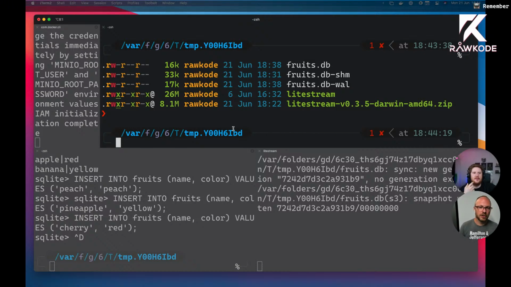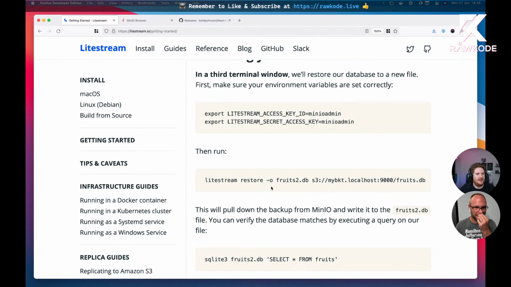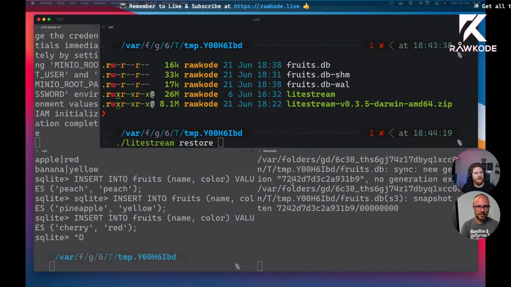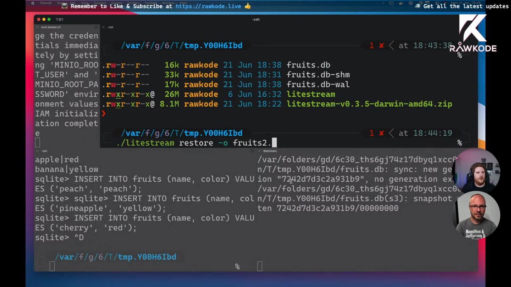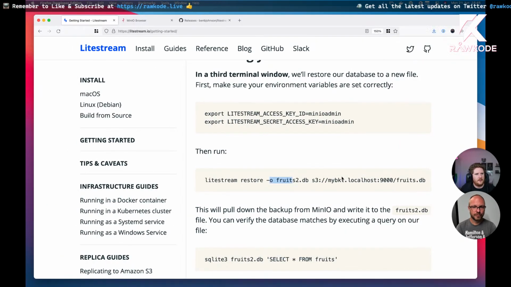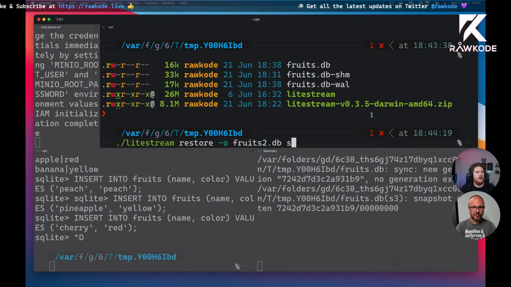Oh, I see what you're saying. I was suggesting restoring it to a different location. Ah, okay. All right, let's do it your way. So we're going to do restore. Oh yeah, we've got this output flag, so we can say fruits2.db. My very imaginative naming, and then Lightstream